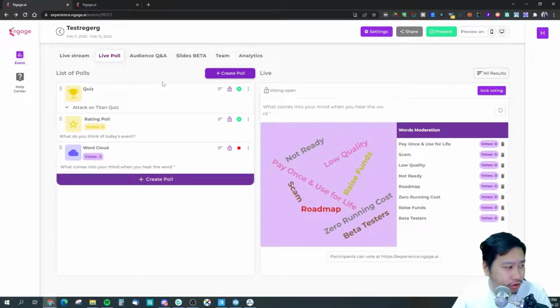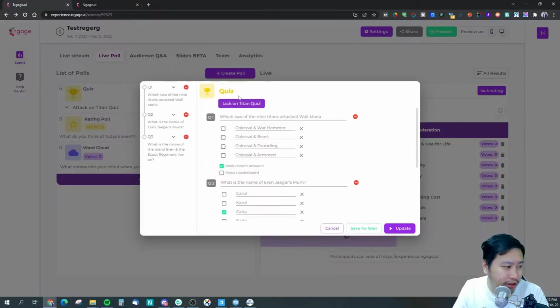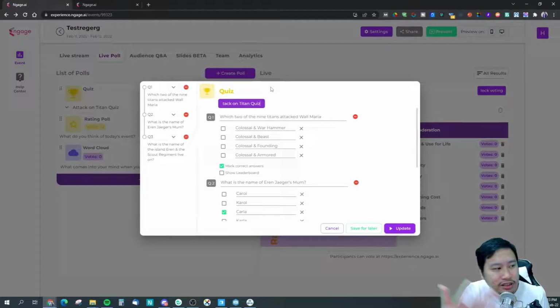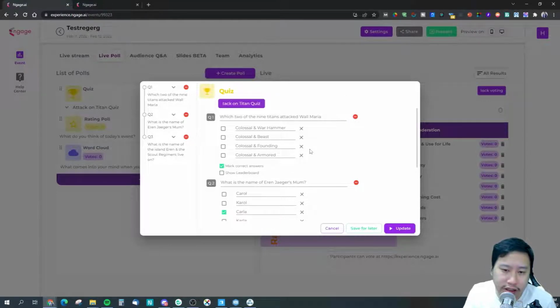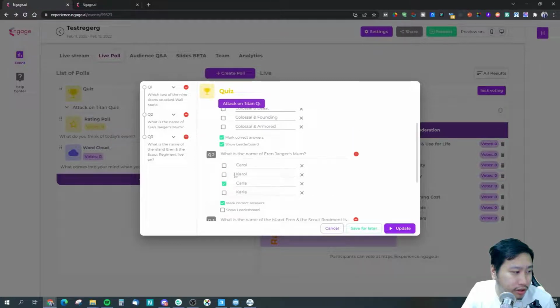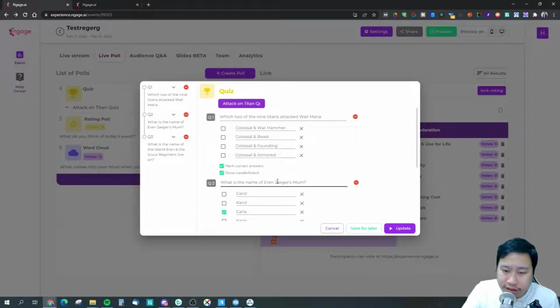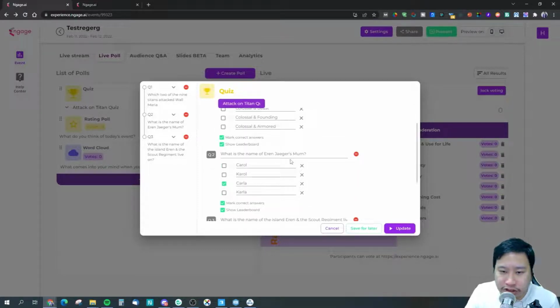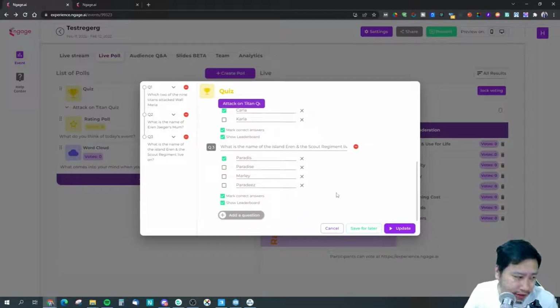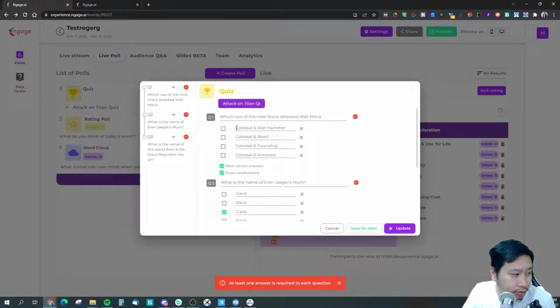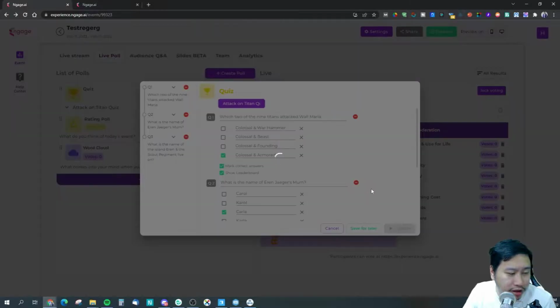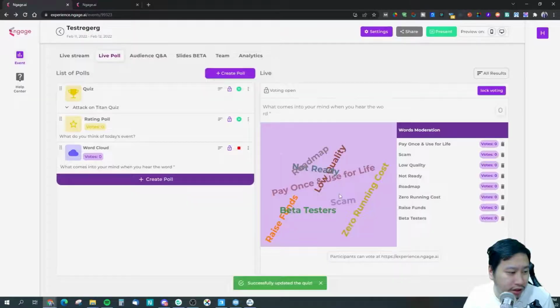I'm going to show you some of the features in the quiz polls. What do they have, right? This is a very straightforward quiz here. You pretty much choose an answer, and you can show the leaderboard, so let me just turn that on as well. It's a simple single choice answer, so you could just select the answer. Oops, this would be this one right here. We're going to try out the quiz feature later.